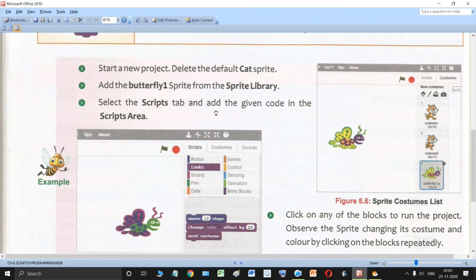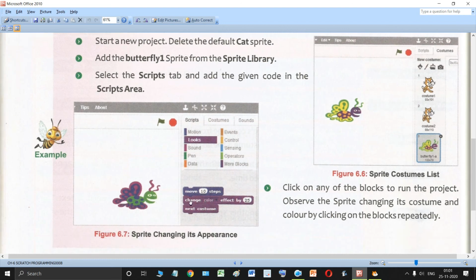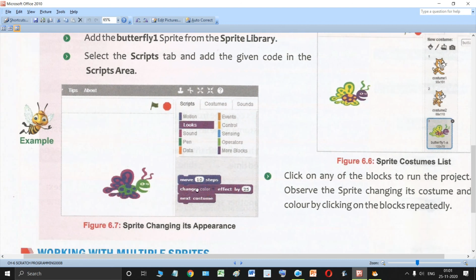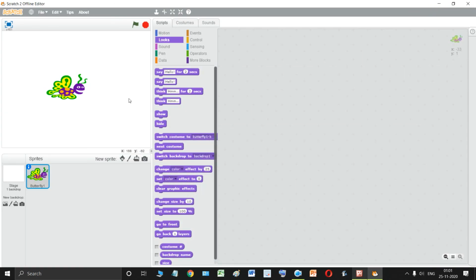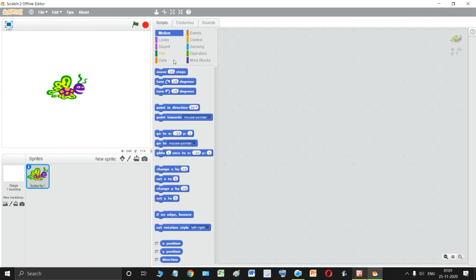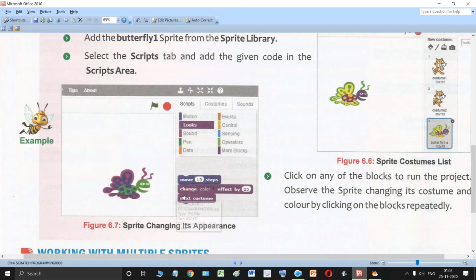Select the scripts tab and add the given code in the scripts area. Okay, so we have to add this code: move 10 steps, change color effect by 25, and next costume. Okay, so let us do that. First we need to go to the motion block, then the move 10 steps block, then the next is change color effect by 25.